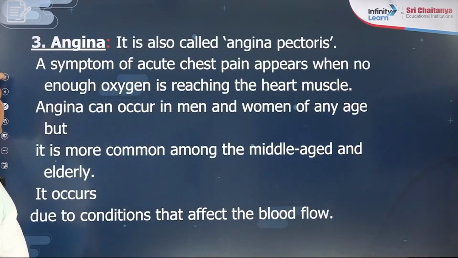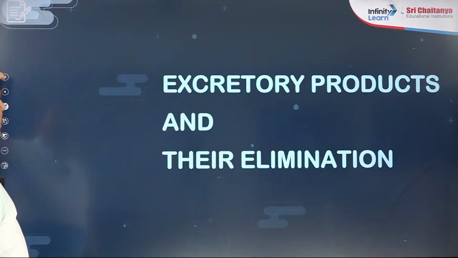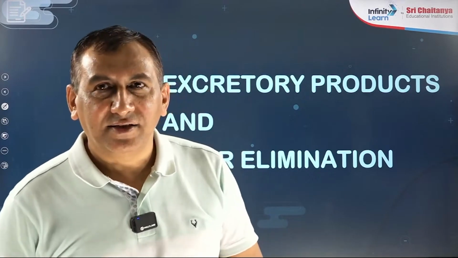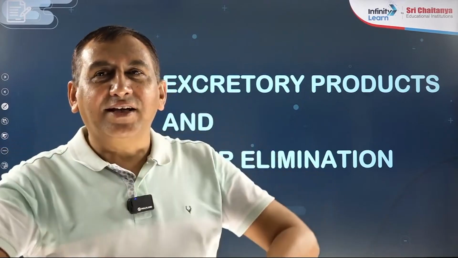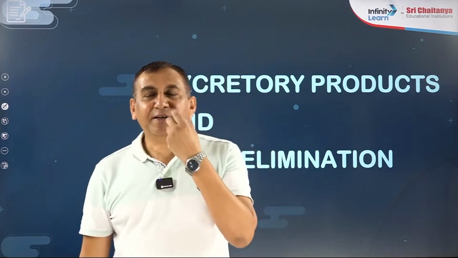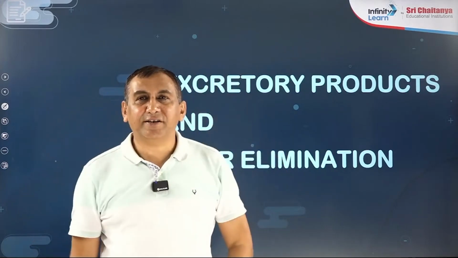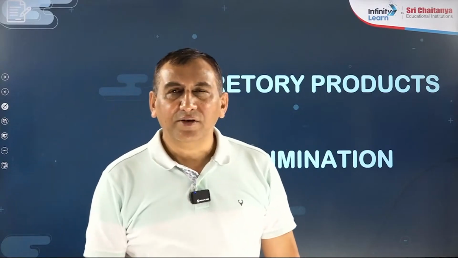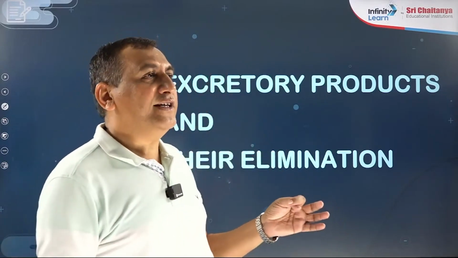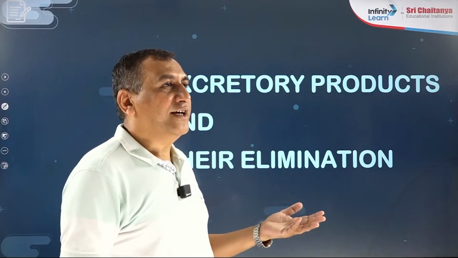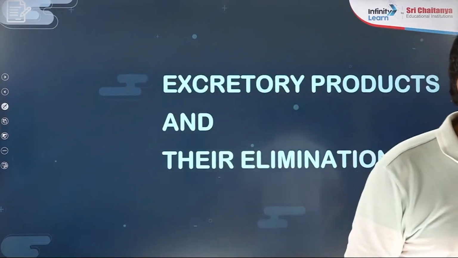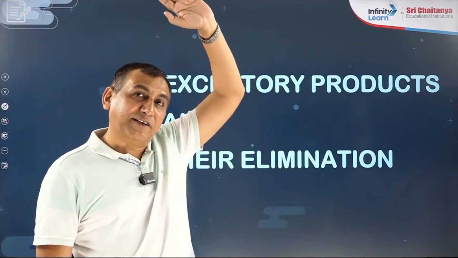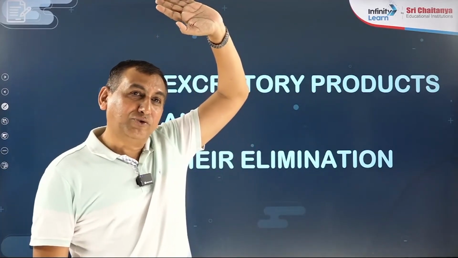Now there are so many diseases like angina, heart failure, heart attack and all. In human physiology, till now I said digestion is done by the digestive system, respiration takes place with the help of the respiratory system, circulation of blood with the help of the circulatory system. Now, in a hurry maybe I said something wrong, so you may correct it, no problem, because I think you know the term cardia is used for the heart. In the very first class I said cardia, and pulmonary is used for the lungs.